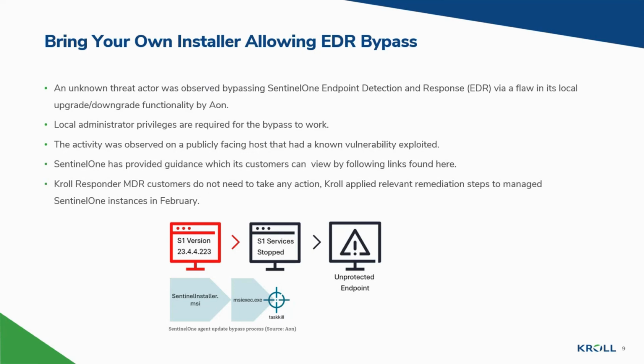It is possible that if the original victim had had a more thorough patching regime, they may have stood a better chance of fending off the attack before the actor was able to obtain local administrator privileges. SentinelOne has published information and advice on how to mitigate this issue for their customers via their customer portal. It is recommended that all customers of SentinelOne read and understand this information. One mitigation that can help is turning off SentinelOne's updates or setting them to online-only mode, removing the ability to use local installer files.